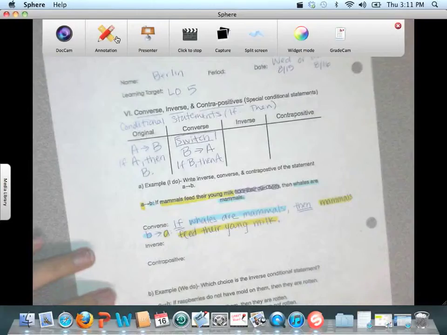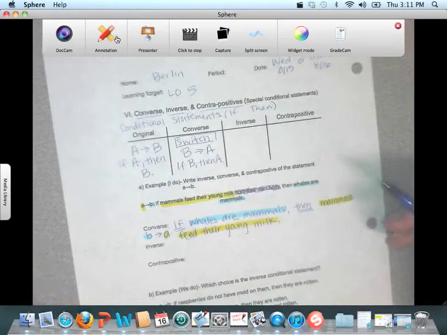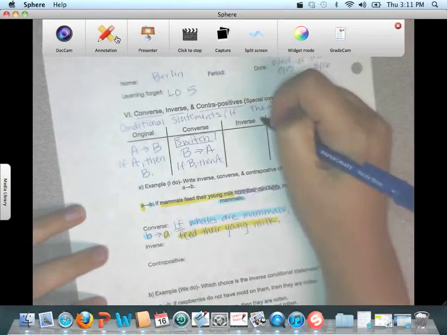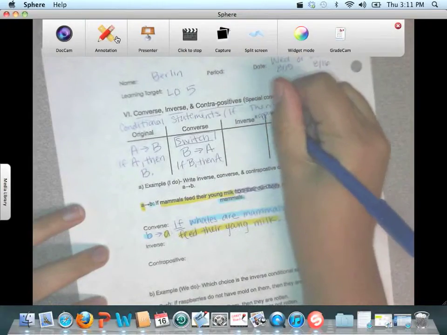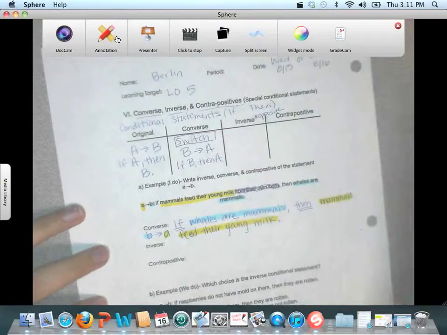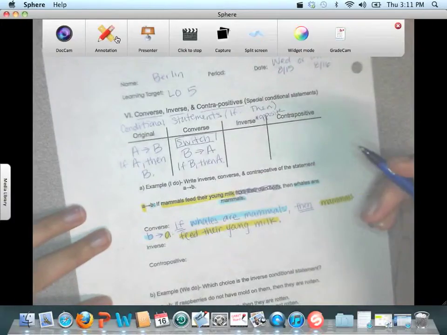The inverse now. So that's the converse. The inverse is something that you should be familiar with. The inverse of addition is subtraction. The inverse of multiplication is division. Inverse is referring to the opposite. The way I think about the inverse is like a negation, which is something we also talked about. The inverse essentially is when you negate both